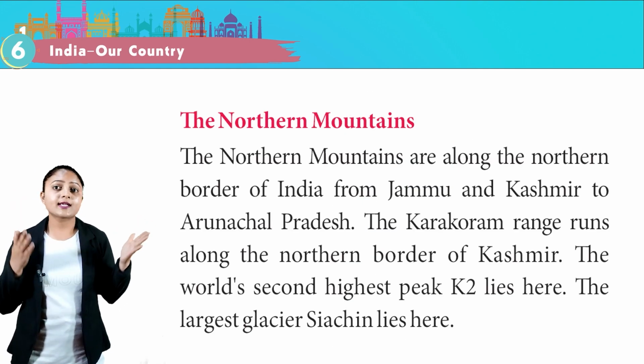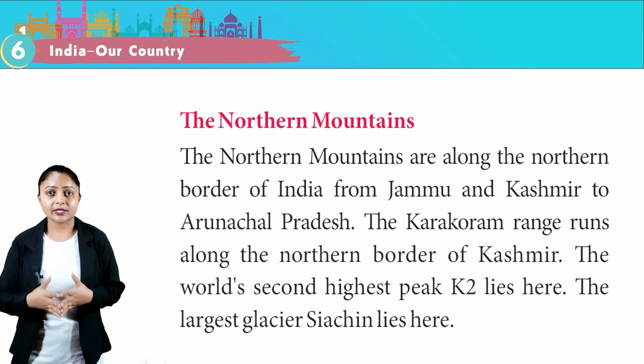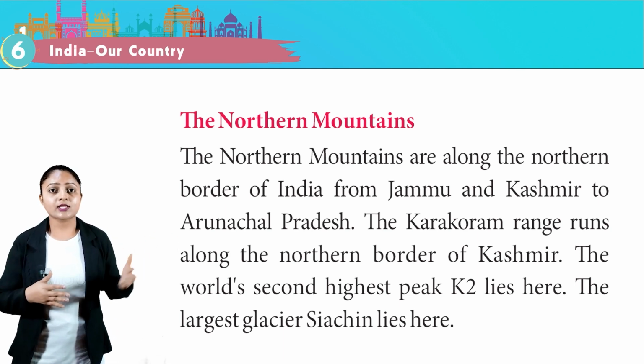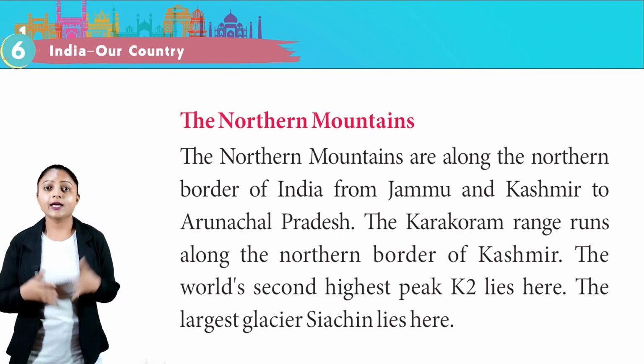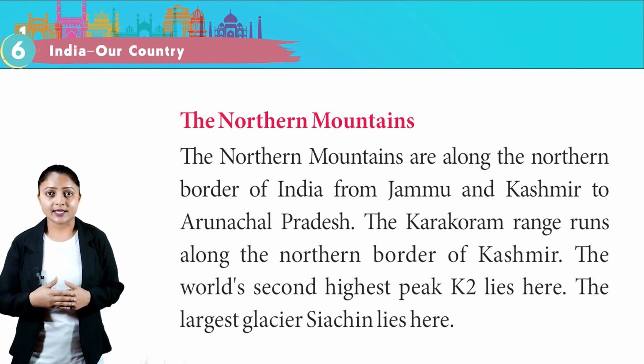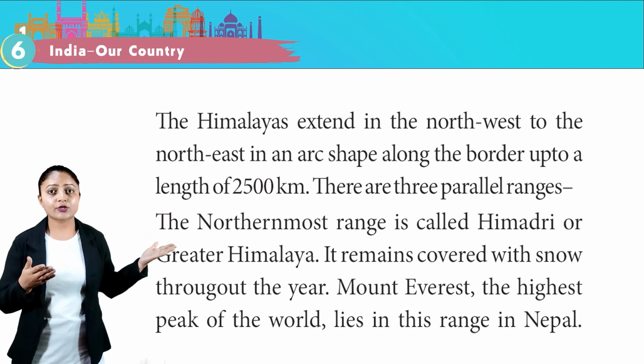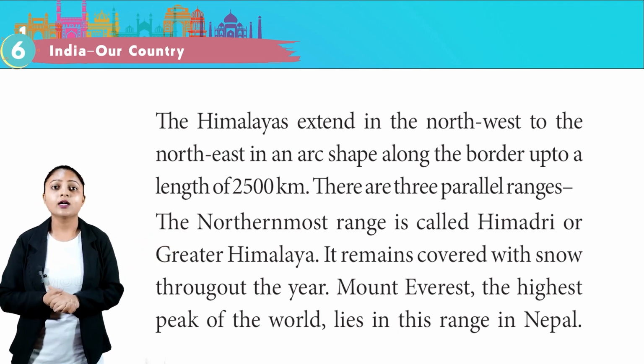The northern mountains. The northern mountains are along the northern border of India from Jammu and Kashmir to Arunachal Pradesh. The Karakoram range runs along the northern border of Kashmir. The world's second highest peak, K2, lies here. The largest glacier, Siachen, lies here. The Himalayas extend from the northwest to the northeast in an arc shape along the border up to a length of